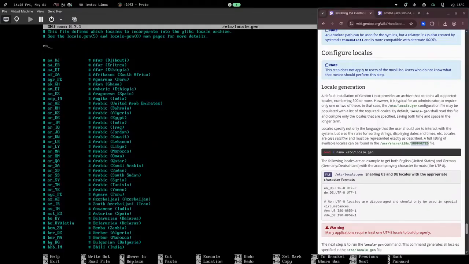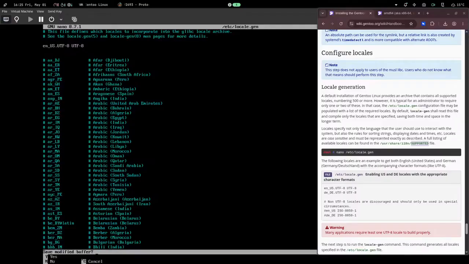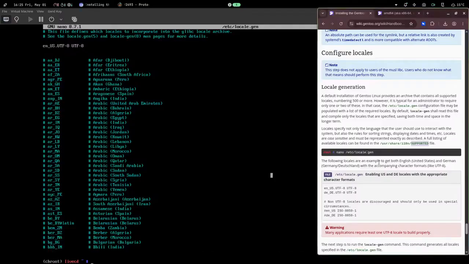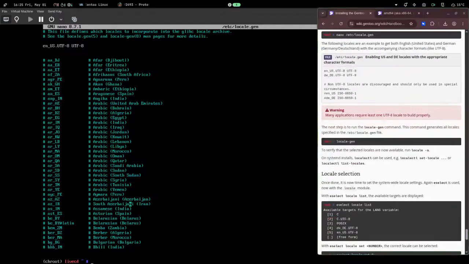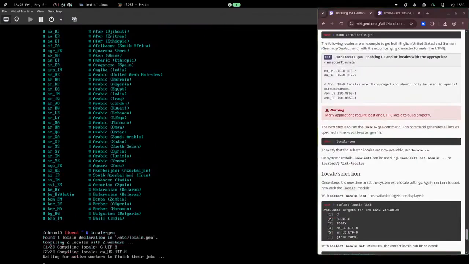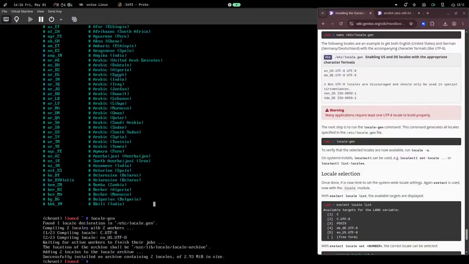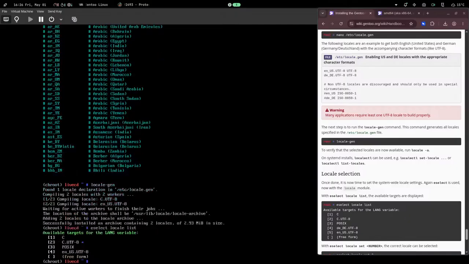So en_US.UTF-8 space UTF-8. Does that look right? Yes. Yes. Yes. That looks right. Cool. Save that file, and then we gotta generate our locales. So we just do locale-gen. There we go. Done. We can also select our locales with eselect locale list, and you see by default we're